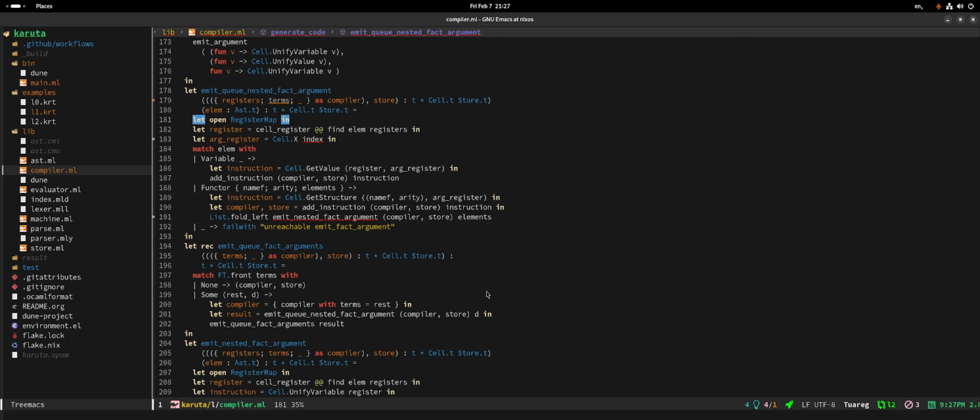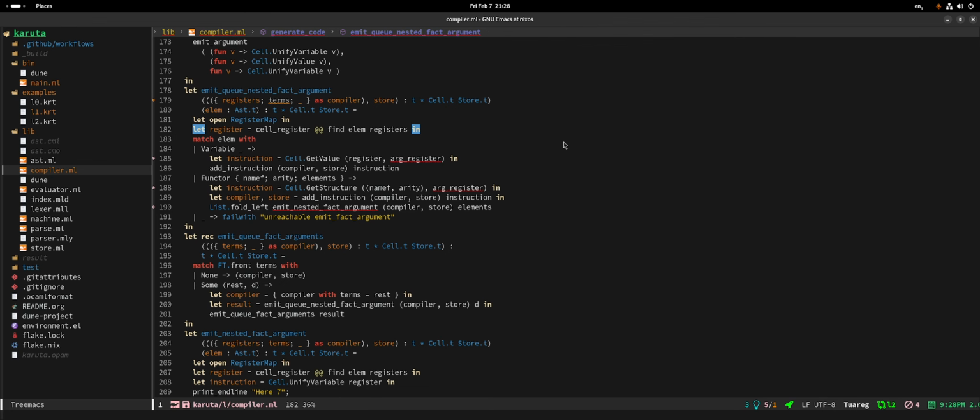What? You see the pattern match where we have match lim and then we have a functor clause, right? Yes. We need that basically. Everything else we can grab from the nested fact argument. No, wait. Baby steps, dude. Let's not jump steps. What about this arg register thing? Well, we can get rid of it. We're not going to use it because we're not emitting arguments anymore. Okay, well, not top level arguments anyways.